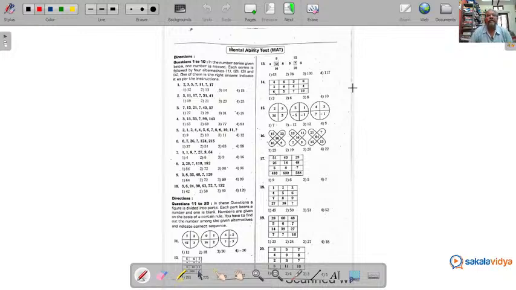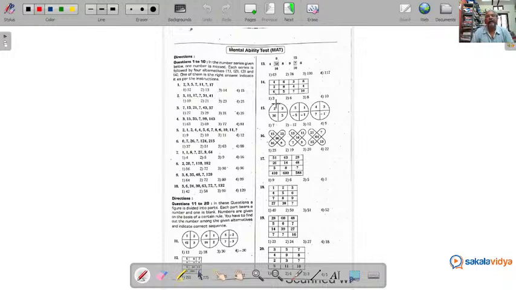Today we are going to discuss NMMS mental ability test questions. This examination was held in the month of March 2022, related to Telangana state. Today we shall concentrate on the mental ability test. We will try to complete 30 to 40 questions today and the remaining questions tomorrow. The total question paper will be discussed in a clear manner.